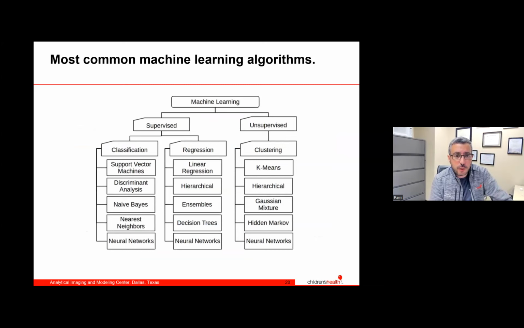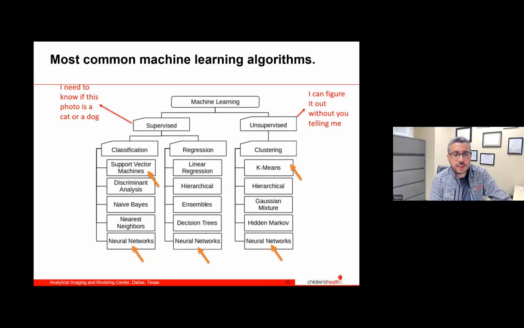And today I'm going to be showing you a few machine learning models, and I'm going to be focusing on 3 of them: support vector machines, K-means clustering, and neural networks. The reason I'm going to be talking about these is because I've used those in my studies, and it will be important to understand the basic idea of them so you'll understand why I use them in my studies. But if you look at the machine learning models, there are 2 major components. There's something called supervised, and there's something called unsupervised. And under supervised, there are some models, versus unsupervised, there are different or similar models.